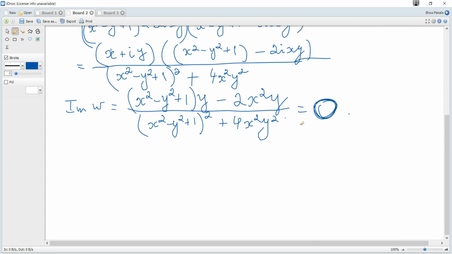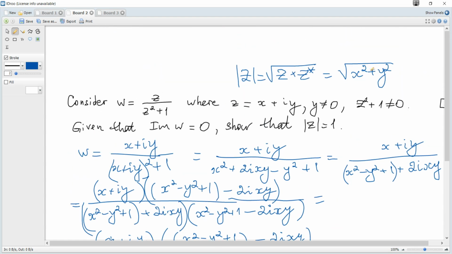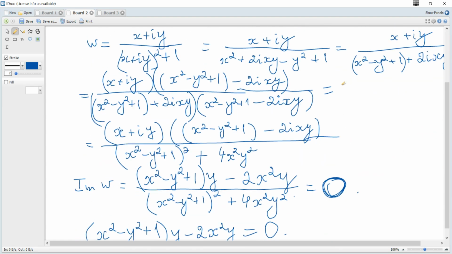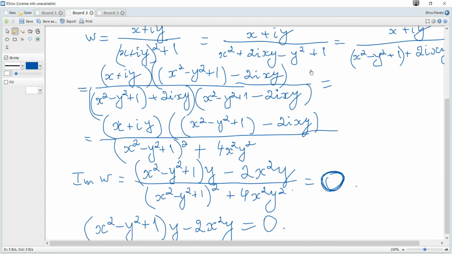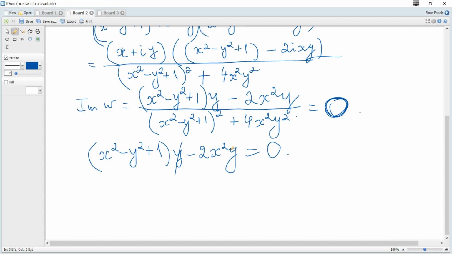and a fraction is equal to 0 when the numerator is equal to 0, the denominator cannot be equal to 0, and we remember that we need finally x squared plus y squared, so that we can then find the square root. And since y is not 0, hence it's not a root of this equation, we can just divide both terms by y,